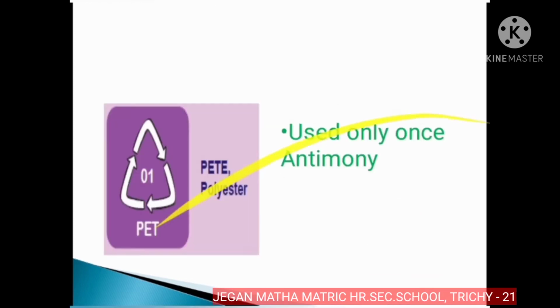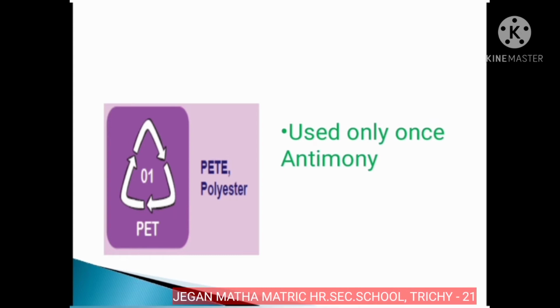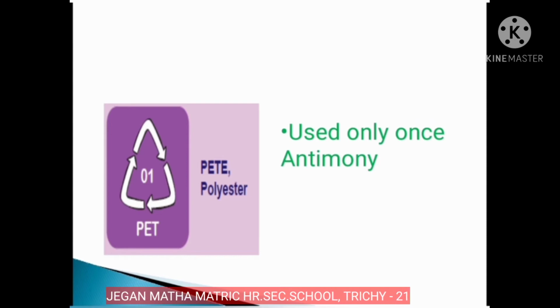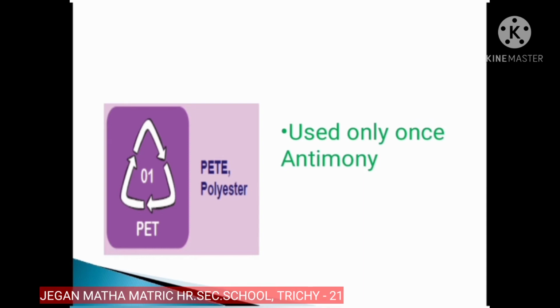So let us learn the plastic resin code chart. Different resin codes for different types of plastics. Plastic resin codes can be found on the label or bottom of most plastic items. It is a number or acronym found in the middle of a chasing arrow triangle. There may be other numbers or letters on the plastic items, but these are not resin codes.